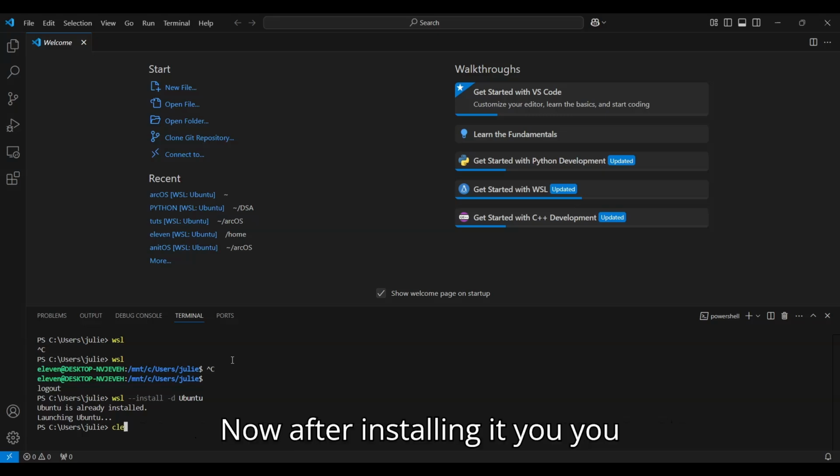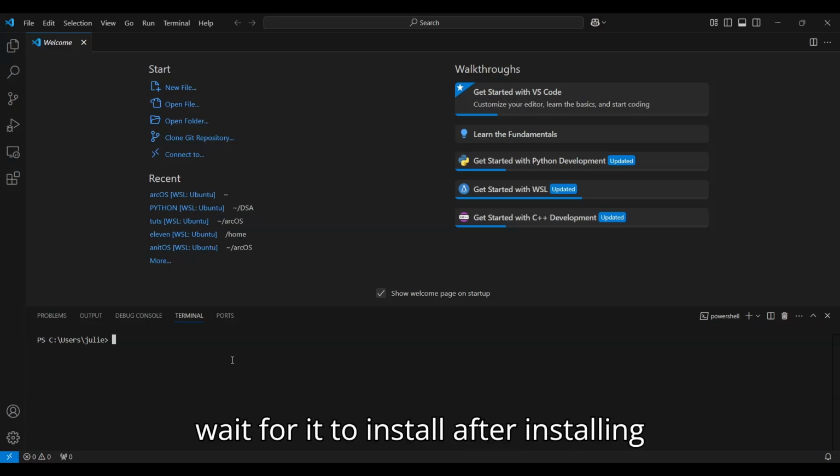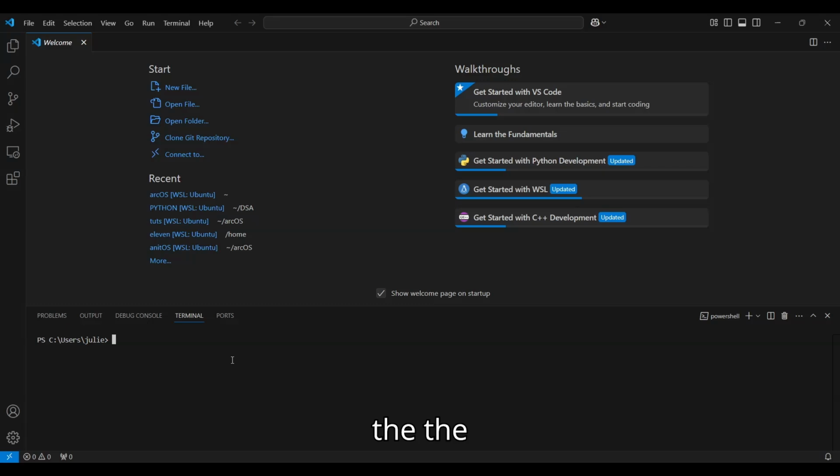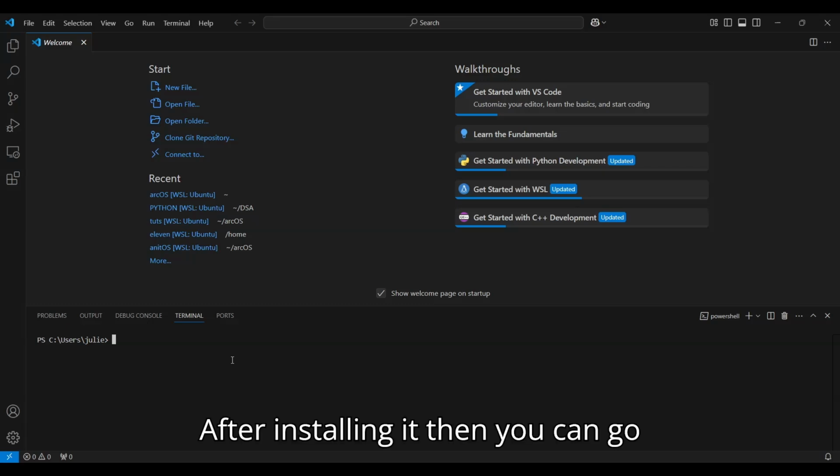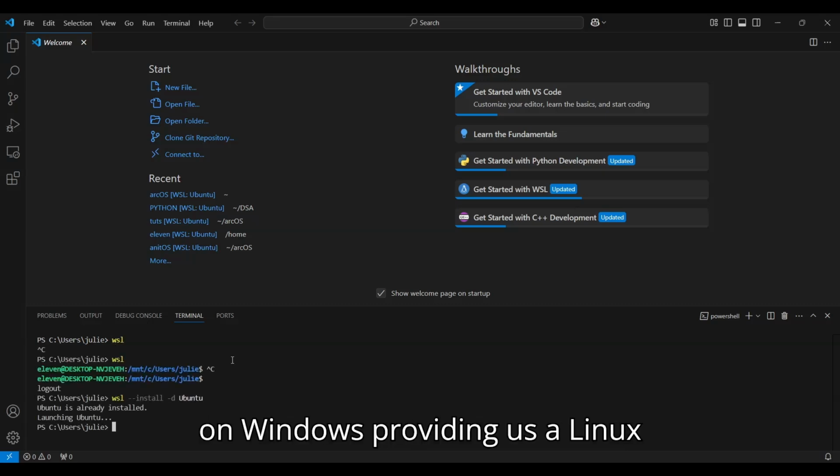Now, after installing it, you wait for it to install. After installing WSL, then you can go straight to